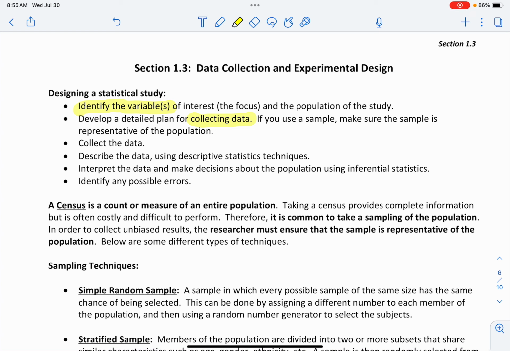So if we're using a sample, which is usually the case, make sure the sample is representative of the population. A lot of this section is going to be dedicated to that, right? Making sure that that happens so that our study is valid. And then, of course, we've got to collect the data,